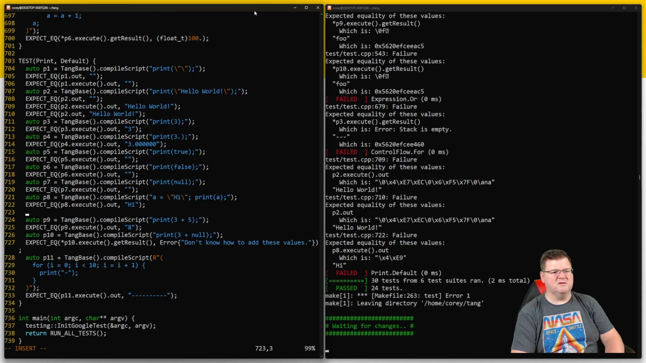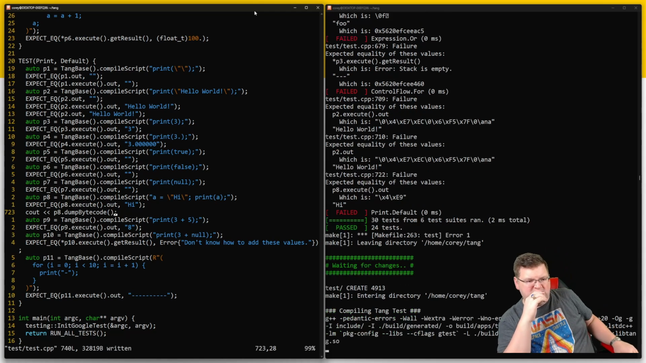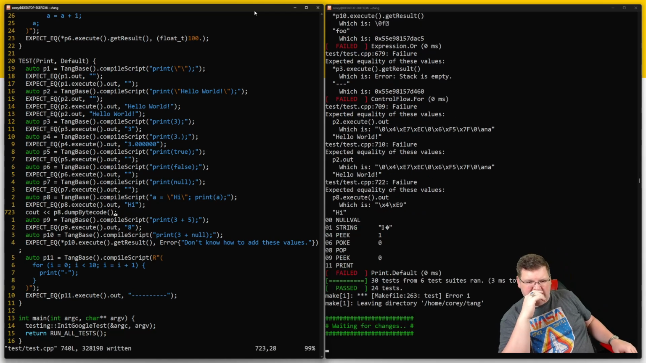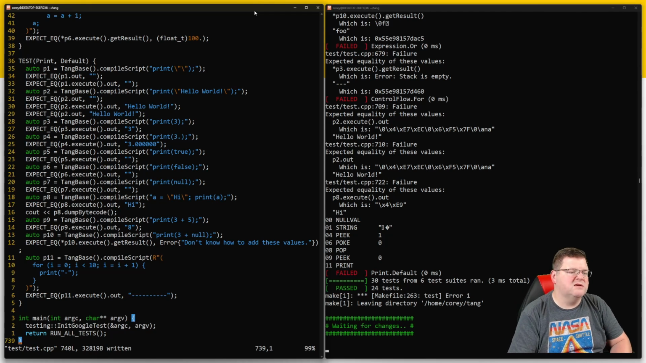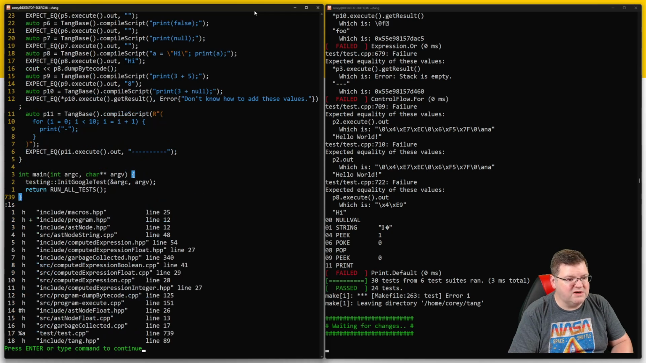So we're going to cout P8.dump bytecode. And we should get something that says hi. We do not. So it's either in the packing of the values. So let's go back to the string. We did have to make those changes on the execute, even if the string part is still messed up. So the string